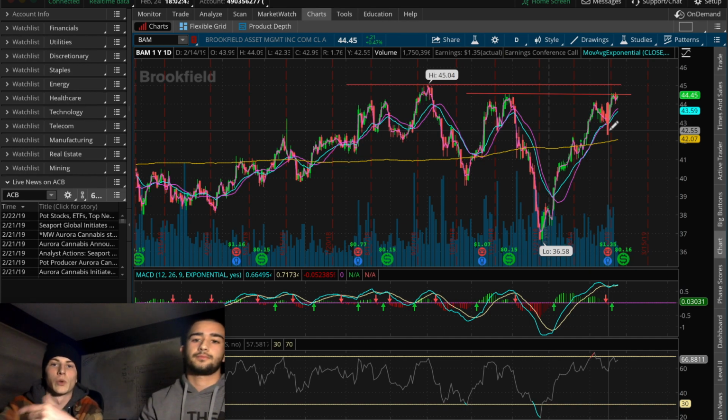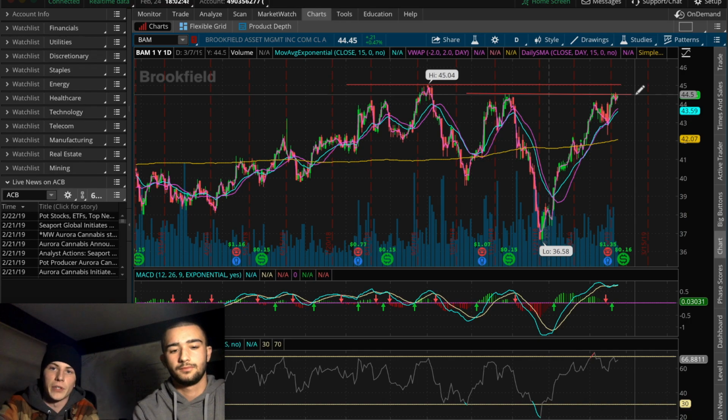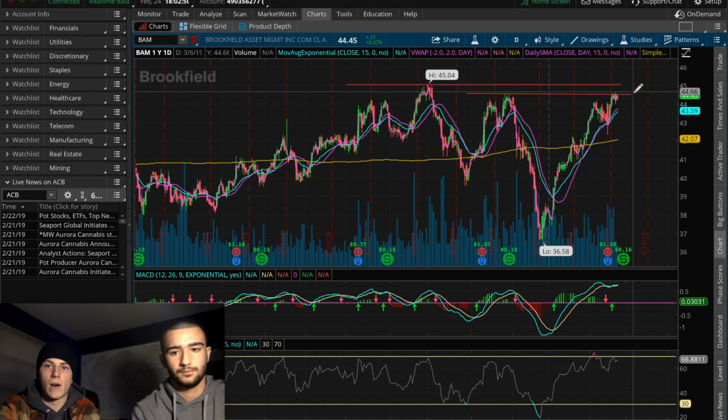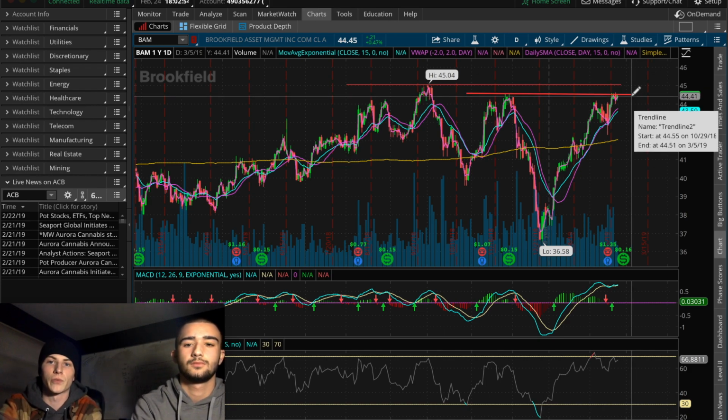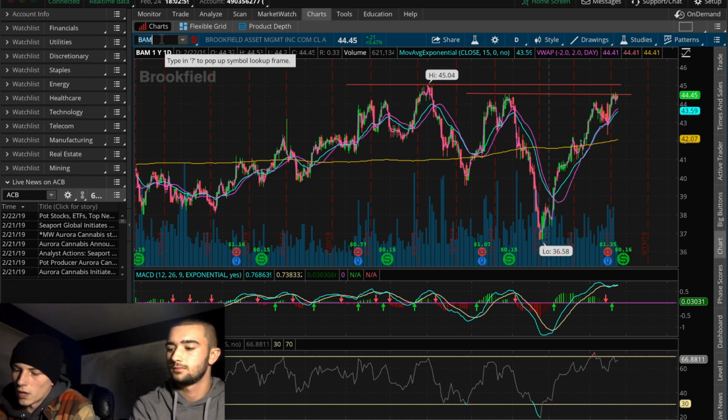So you could actually draw a descending triangle right here, and if that is the case, then you're definitely looking at a stock that's peaking out right now. I wouldn't touch this stock right now. It just seems to me like it's more likely that it would be getting ready to reverse rather than keep rallying. So that's where we're going to leave it with BAM, and that brings us to our last one,